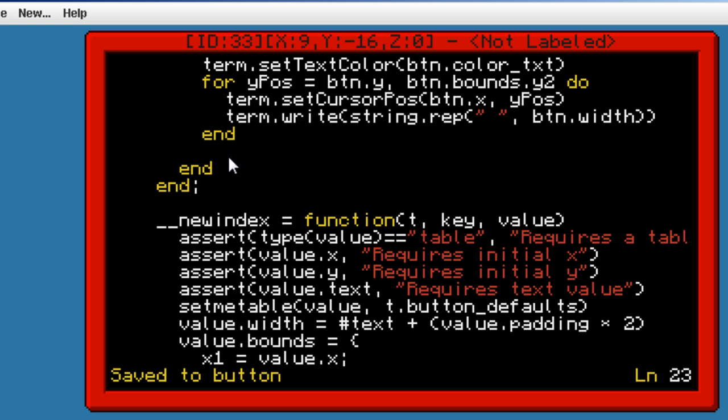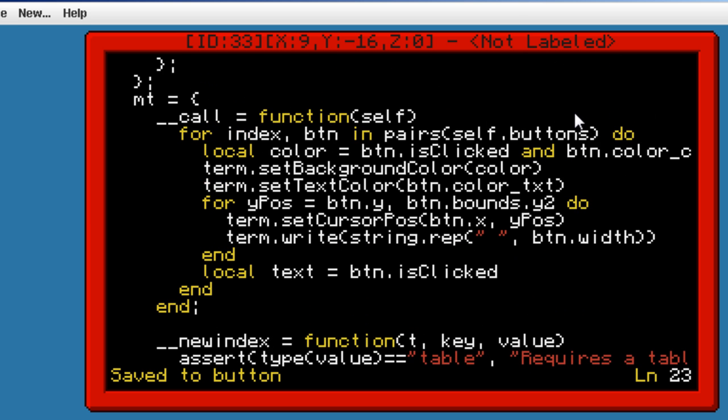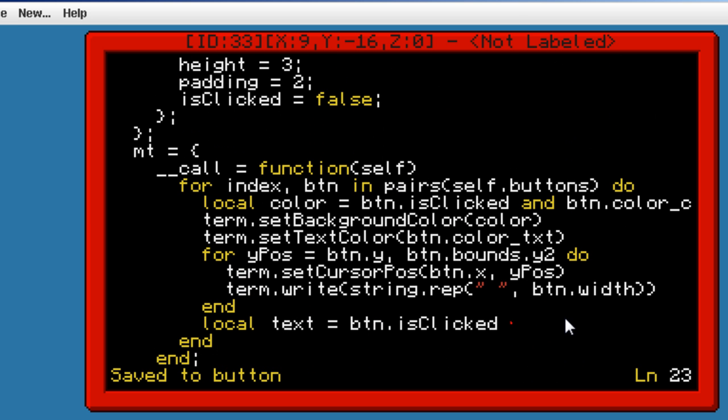So we're just going to check if it does have a change text, then we're going to draw that if it's selected. So let's just go ahead and make our text is button.select is clicked. I believe what I called it. Is that what I said? Yep. Is clicked, and